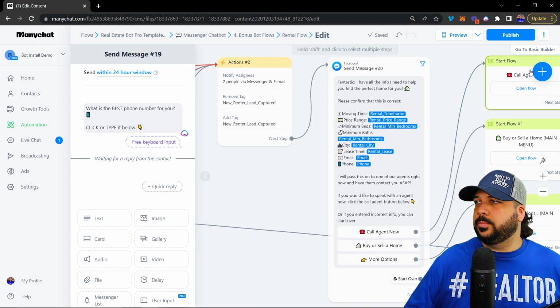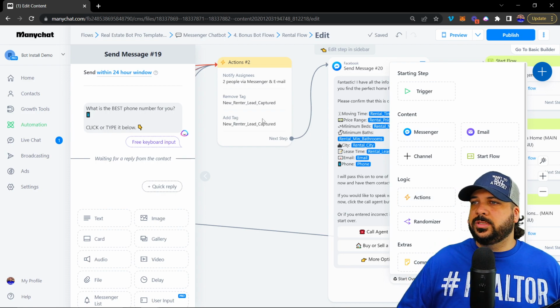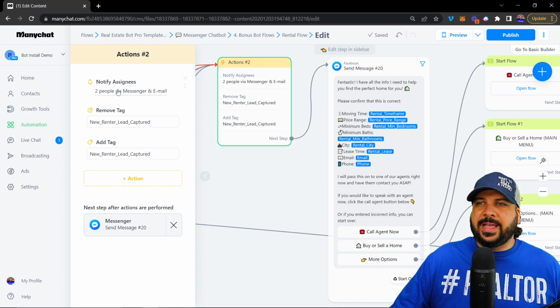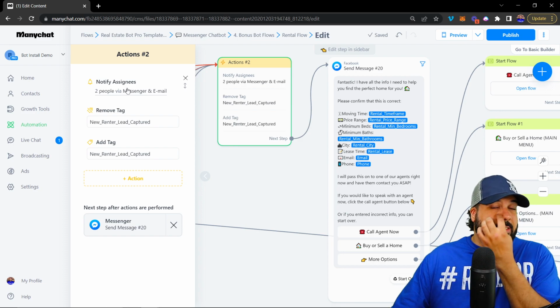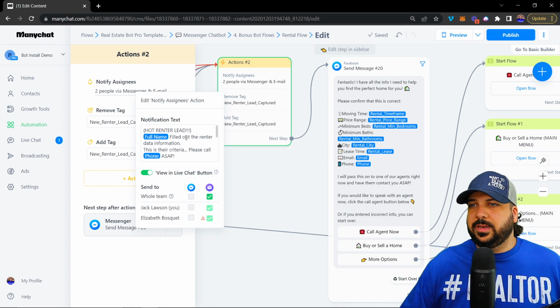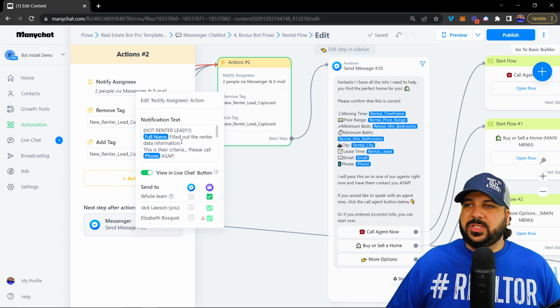and then continue on to the last two steps, which is the notification step. So this is an action box. Again, the action box is under logic and actions. And from here, you don't have to worry about the tags if you're building it, but the notify assignees is where you're going to set up an email notification of this lead. So we basically typed in this notification text,